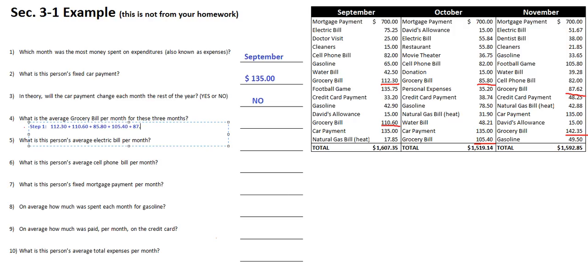Now, the one thing I want you to be sure that you're doing is that when you're adding them up, you know how many times you went to the grocery store. So we went 6 times, and we spent all of this money that I've typed out on the screen. I'm adding them up, and I get